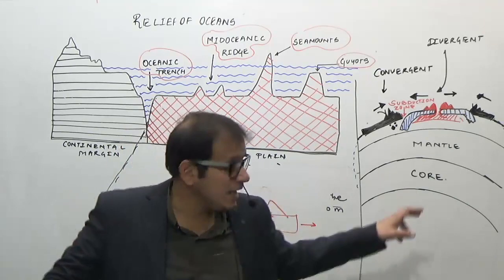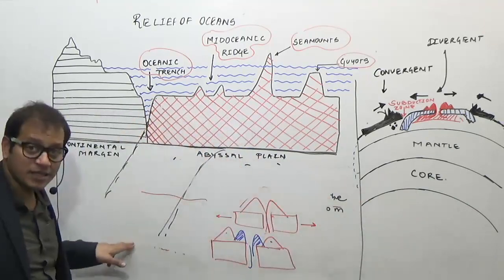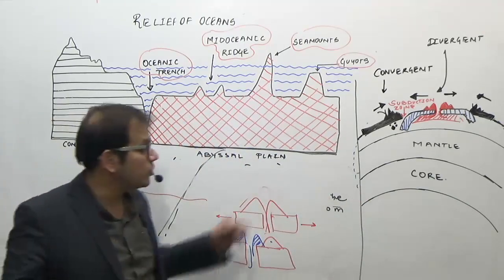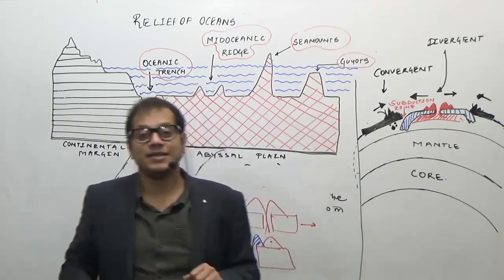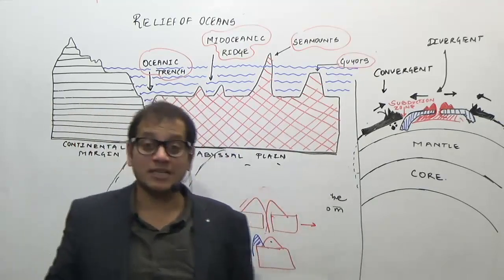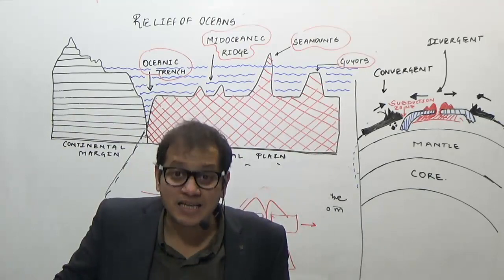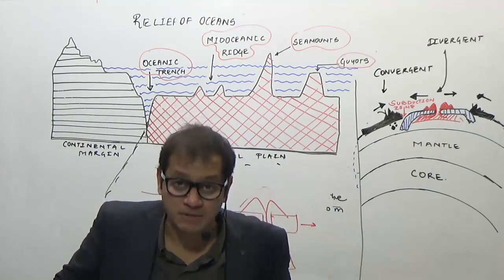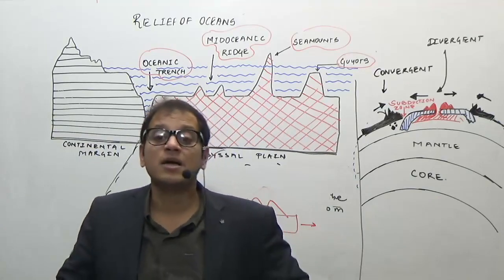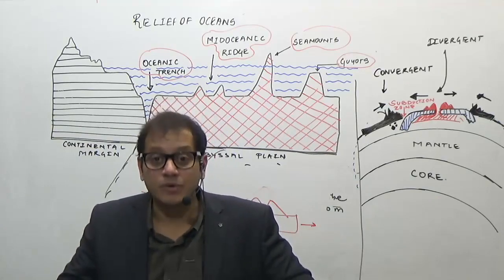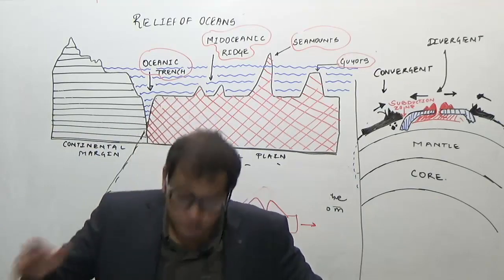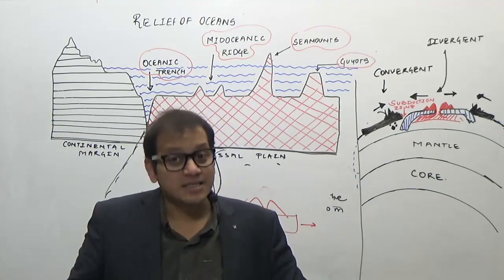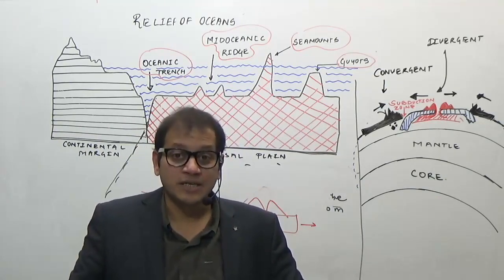So at one end you have the oceanic trenches, which are in the subduction zone, while at the other end there are mid-oceanic ridges, which are the areas of divergence, and therefore the lava comes out. These are also areas where basaltic volcanic mountains are formed. So we will study these trenches and the mid-oceanic ridge in detail.